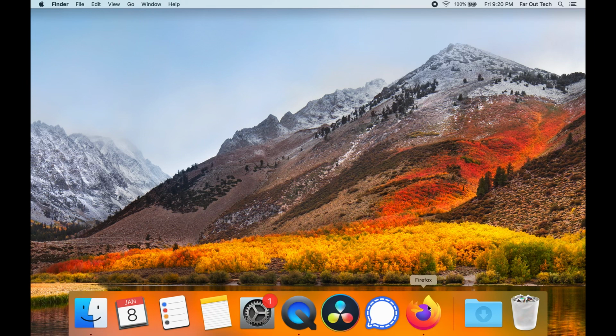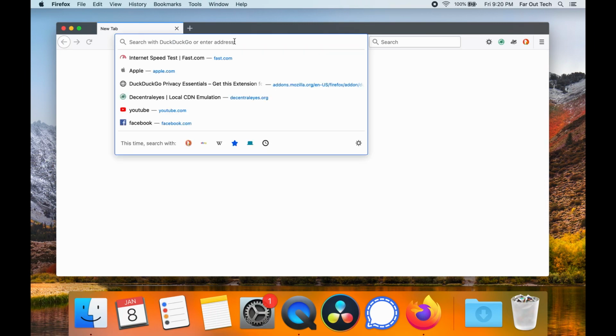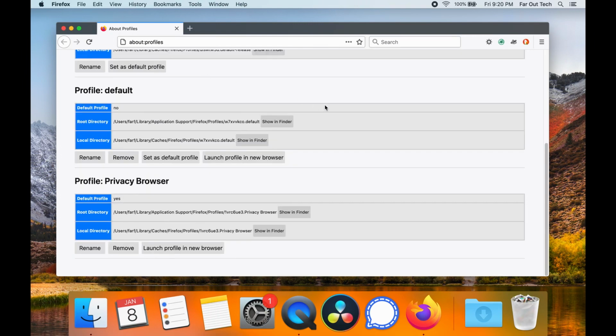So first we're going to fire up Firefox, and the first thing may not be what you'd be thinking. I'm actually going to type in something called About Profiles. I'm going to create a profile for each thing I want to do on the internet. So for example, if I'm doing YouTube stuff, I make a profile for YouTube. I make a profile for, I don't know, some sort of shopping thing, and then a profile for banking or